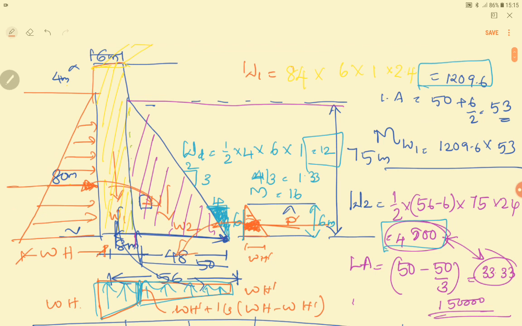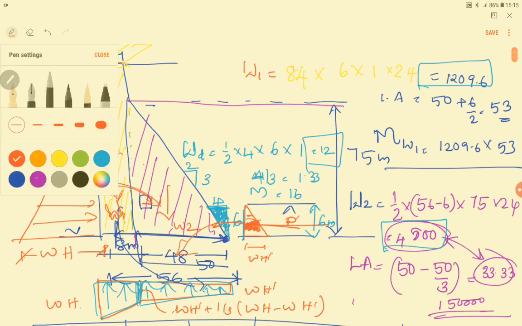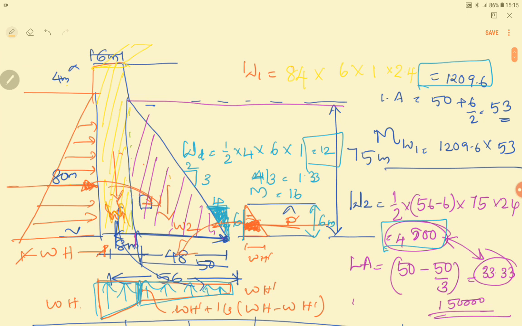To find the value of sigma v and sigma m, what you have to do is first make the complete profile into some basic geometric sketches so that you can find the value of the lever arm easily. So for that, you divided the wall profile of the dam into a rectangle and a triangle, and you took the weight of the rectangular portion as W1, and this one you took as W2, right?